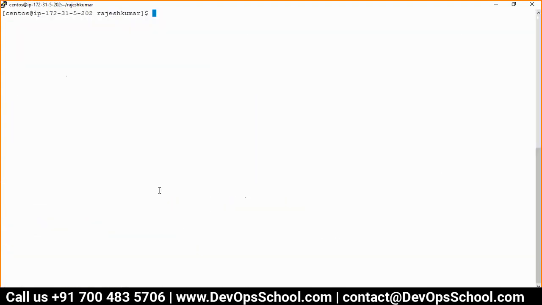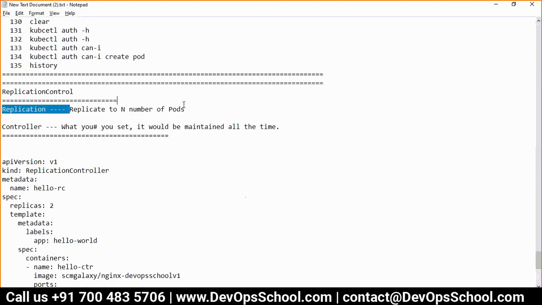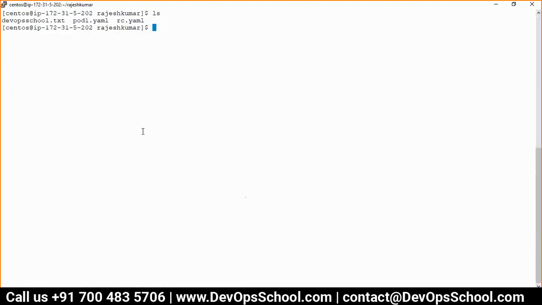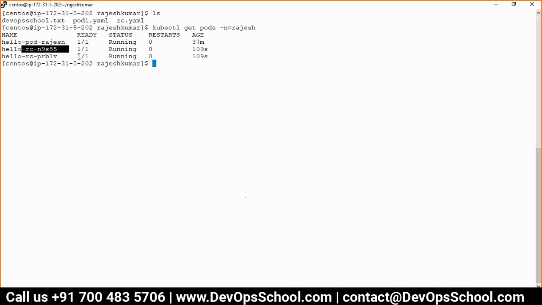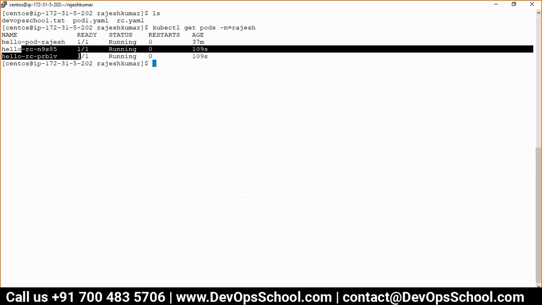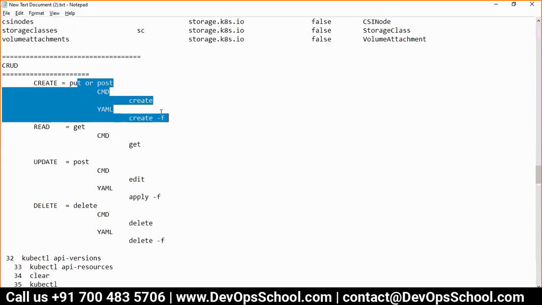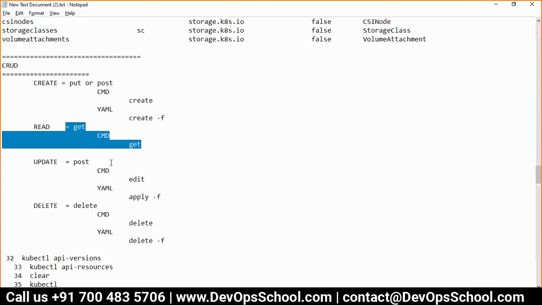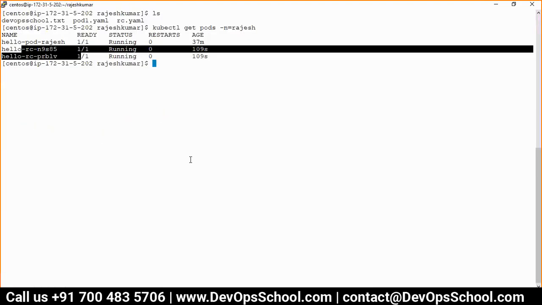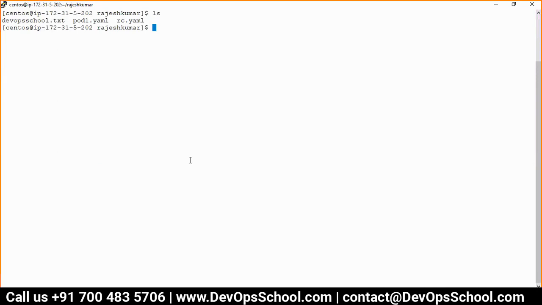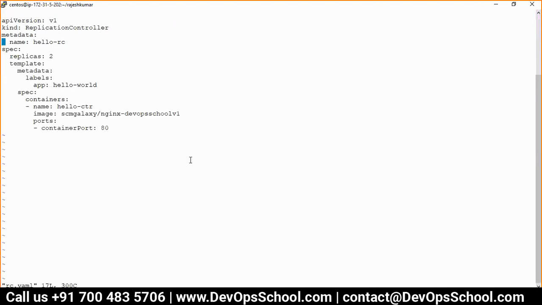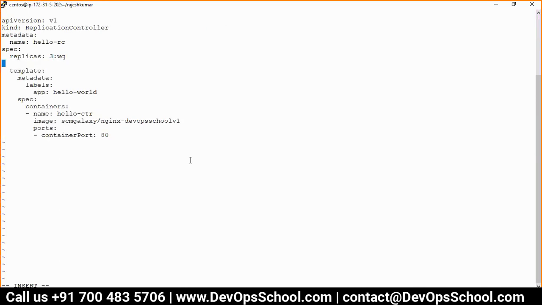But I will teach you how you can replicate. So guys, it has two pods right now. You see here, it has two pods. Can I replicate to multiple? So again, remember this rule. Always remember. I created it, I get it. Can I edit here? So you can edit in any number of ways. You can edit the RC, this one also I taught you already. Replicas 2 to 3. And what happened?